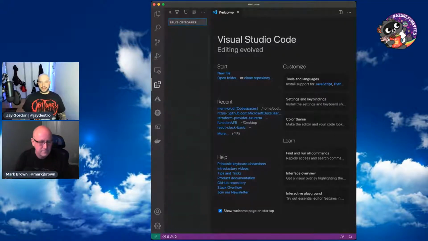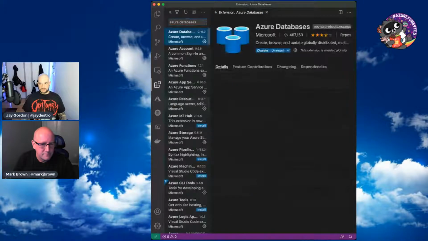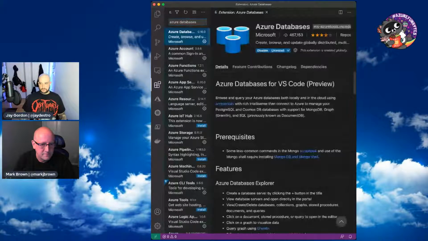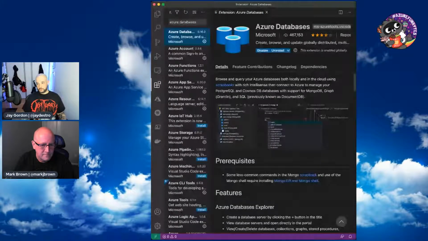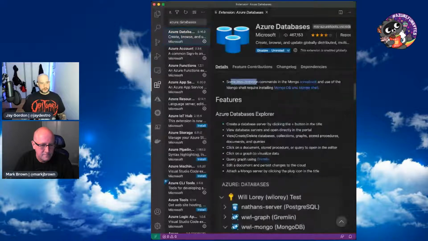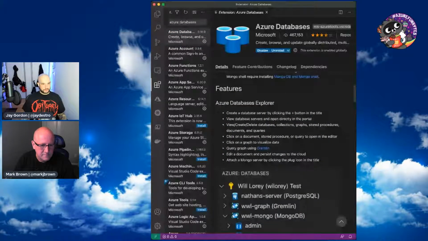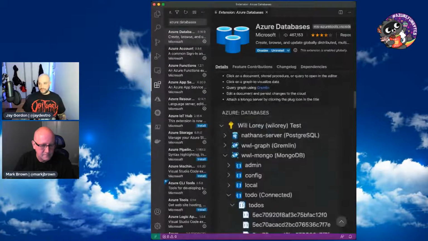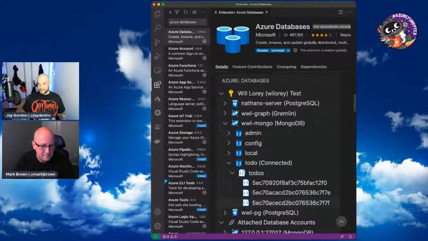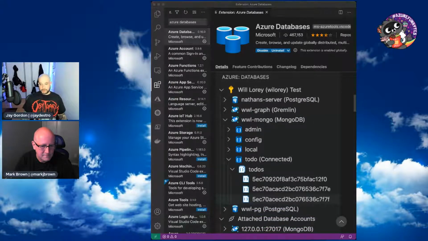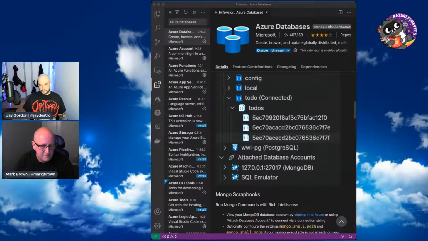And if you go to the Azure Databases extension, you'll see the ability to use Cosmos DB auto completion for all these different types. You can actually go into the database and create one right within here, you can get information on the event and even have what I believe is a local emulator